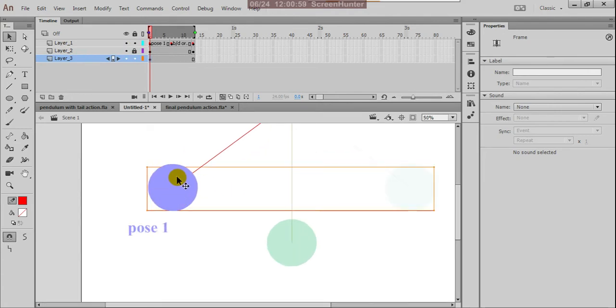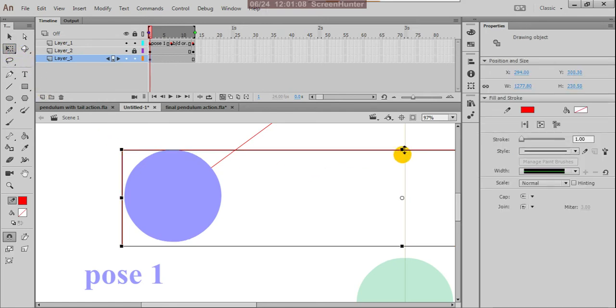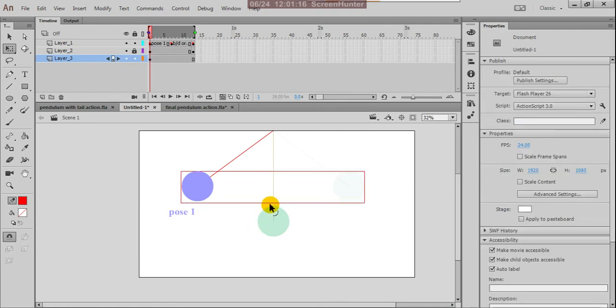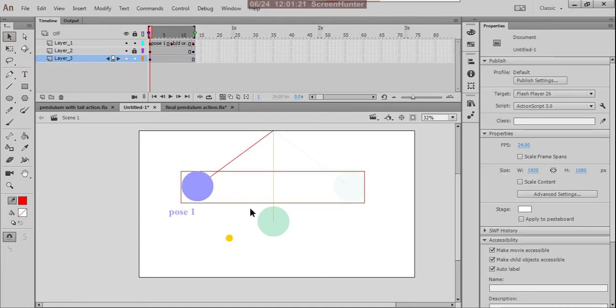Now what you do, we are creating the path, because the middle frame is showing the path. Because of this we are creating this path. Within this it swings.